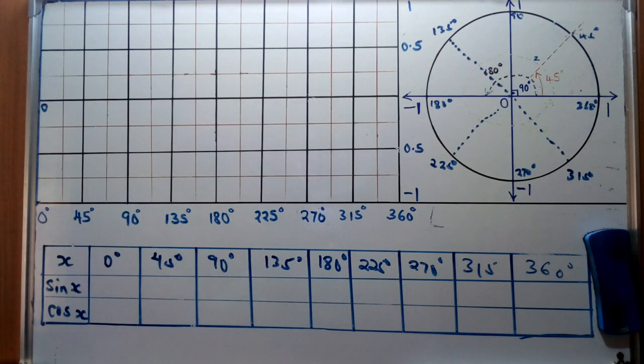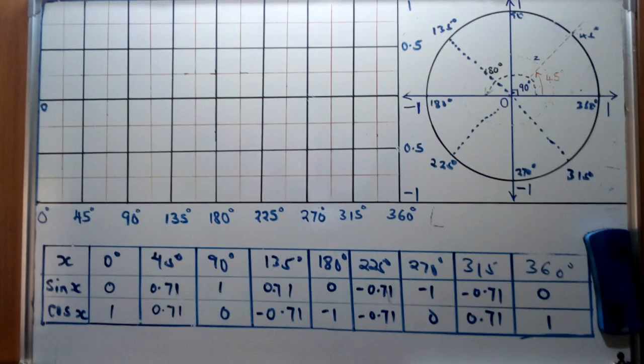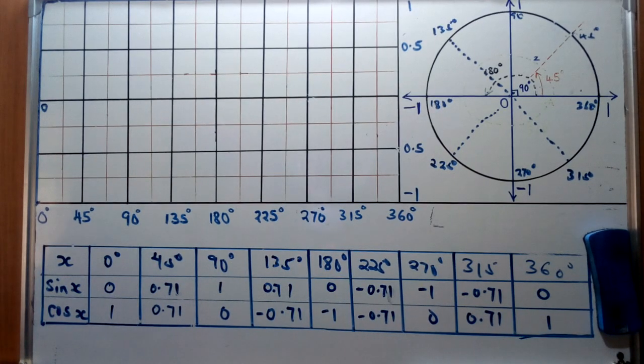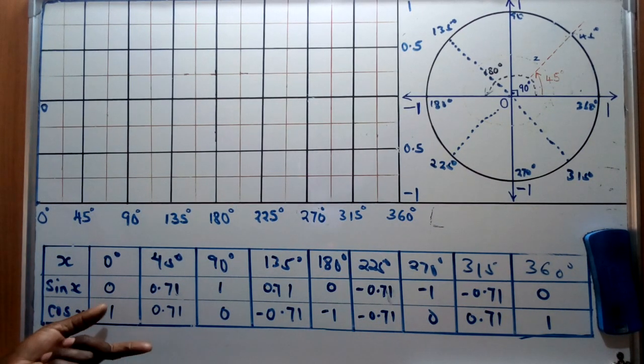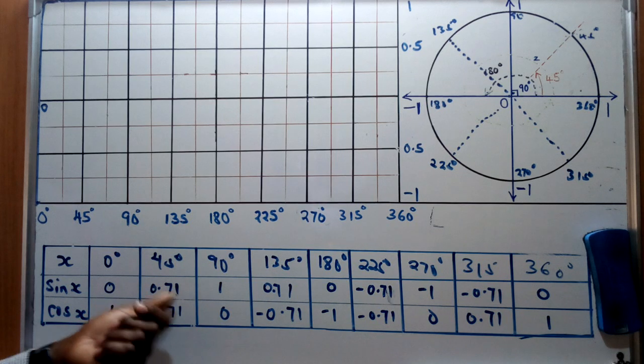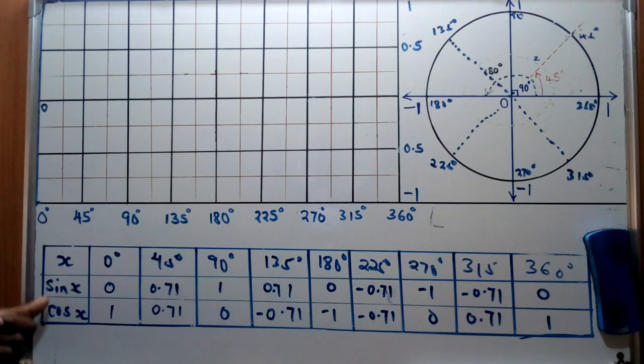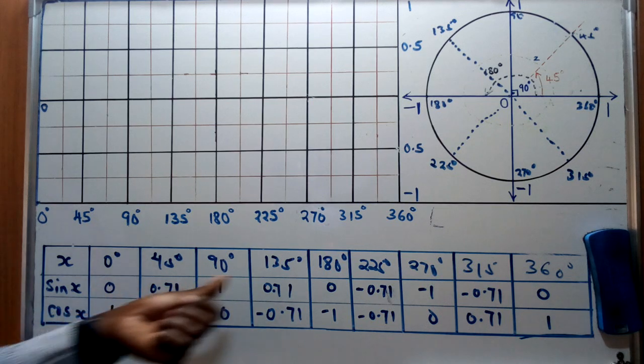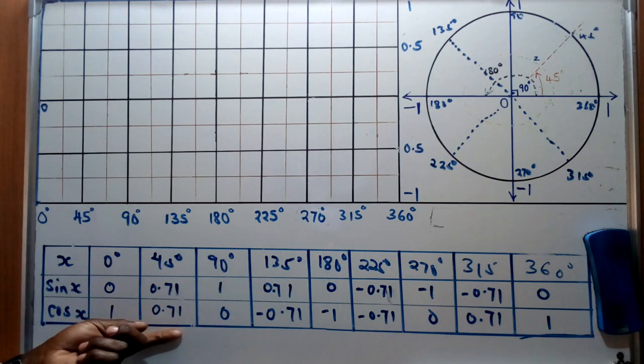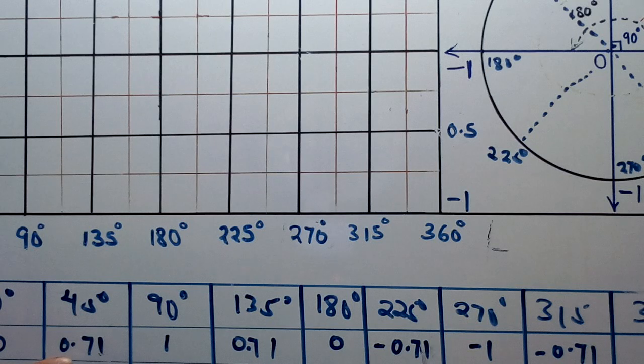So I'm going to have them represented as such. From our tables or perhaps the calculators, we can find the values of these different angles for the two specific trigonometric functions. Now in my case, I've just listed these on the board, and these are just approximate values. This is 0.7071, and we're going to see that this one can be represented